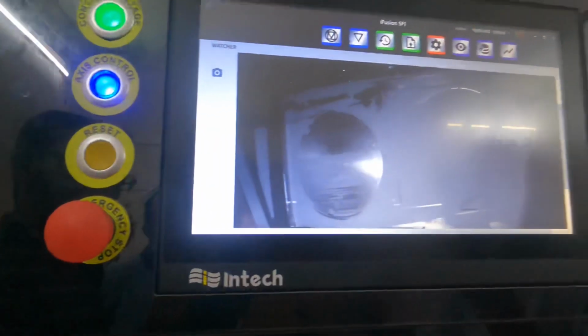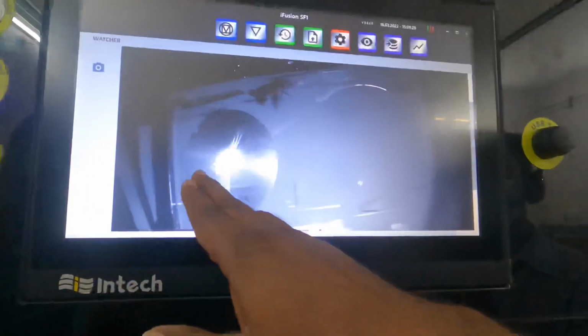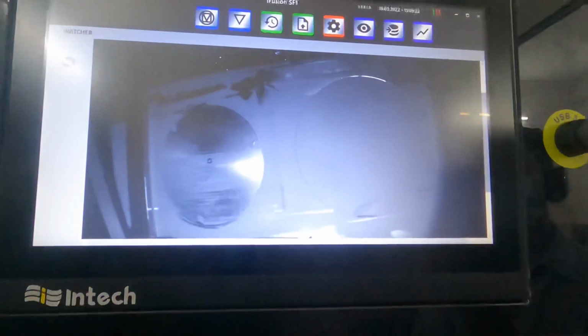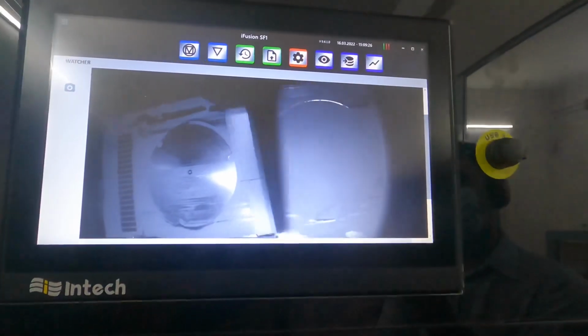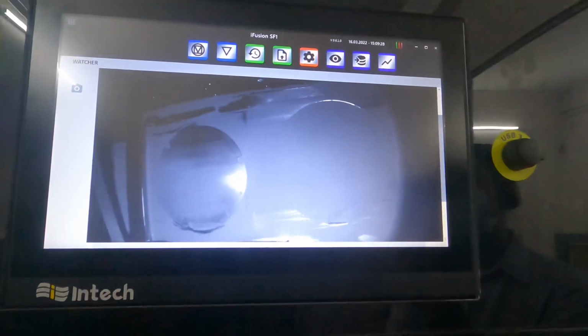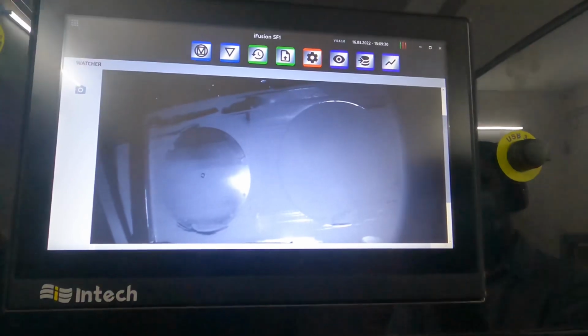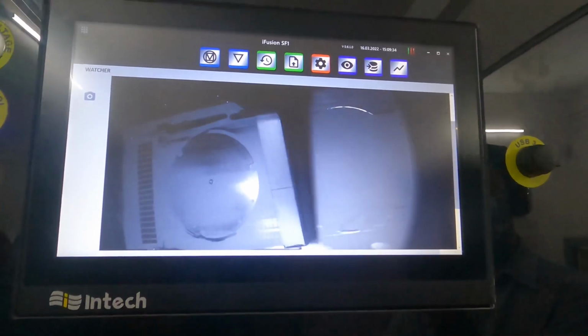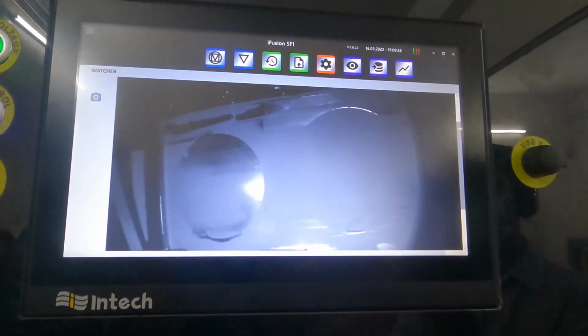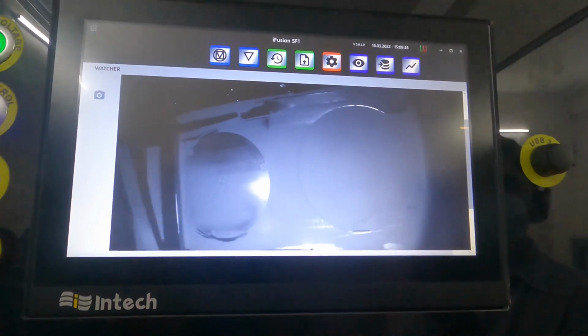So what you see over here is the powder container and this substrate. You see the laser has just started printing. Yes, the second layer is done. Now the third layer. You can show it inside as well.